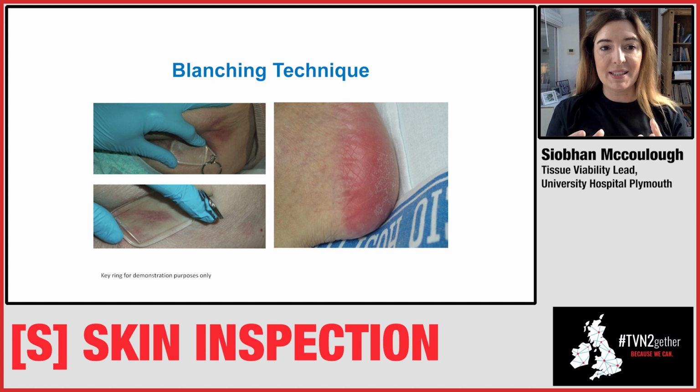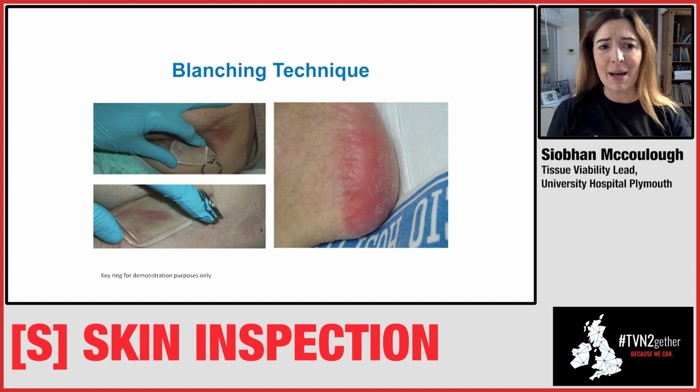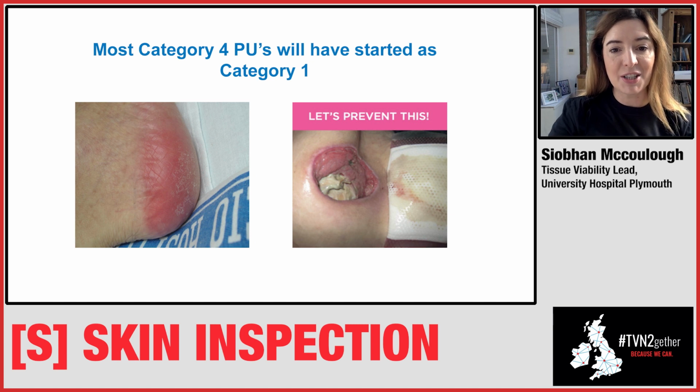At this point, for us tissue viability nurses, this is just as urgent as a deeper tissue injury would be, because what we now know is that you can potentially reperfuse that area without that skin ever breaking down. So that might not seem like big news to you, but if we look at the next picture, which is